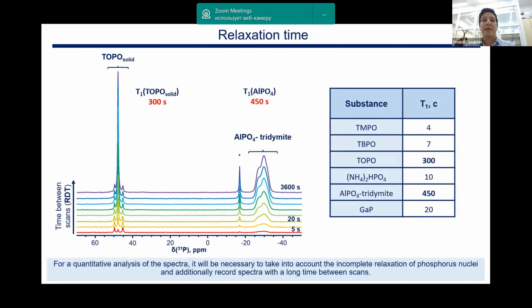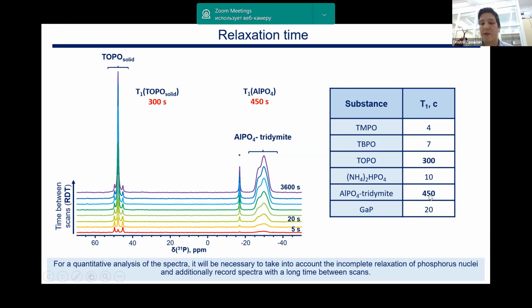It's well known that to obtain quantitative NMR, complete relaxation of nuclei is necessary. In the course of additional studies, it turned out that not all phosphorus nuclei have enough time to fully relax when we record our spectrum. For example, on the slide, you can see the spectra of a mixture of pure TOPO and AlPO4 tridymite. From the spectra, it's possible to determine the relaxation time, and for TOPO, it's about 300 seconds, and for AlPO4 tridymite,